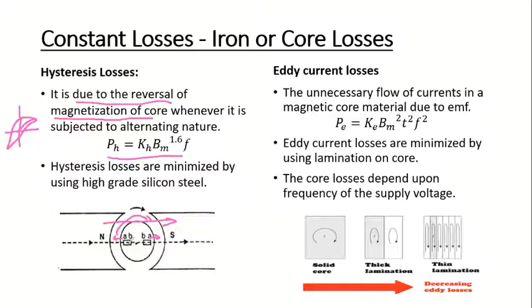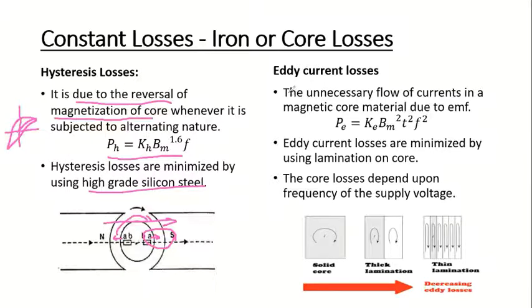But here, initially it is subjected to the north pole, it makes a rotation theta, let it be at 2 seconds or 1 second, and again the coil A is subjected to the south pole, which means the sudden reversal is happening here. This must not happen. That is what hysteresis loss is. This hysteresis loss can be minimized by using high grade silicon steel or good magnetic material. We can reduce the hysteresis losses.